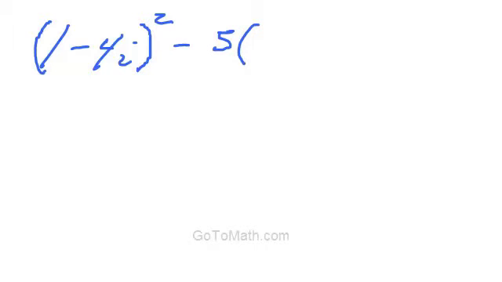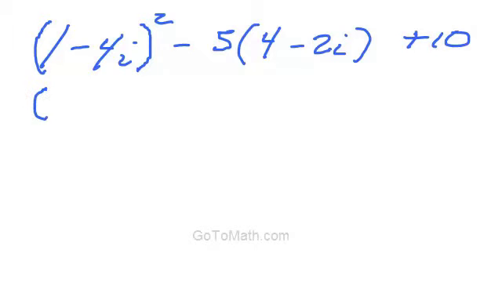Okay, so we have (1 minus 4i) squared minus 5 times (1 minus 4i) plus 10. We want to simplify this expression. So what we'll want to do is go ahead and square this thing out. So we have 1 minus